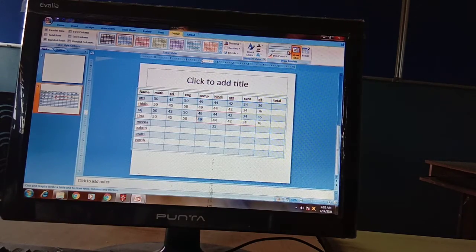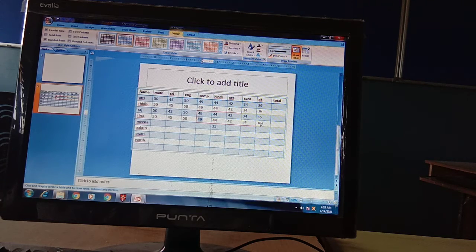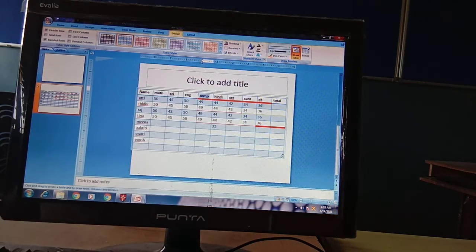And you can have different types of borders also. Like if you want a thick border, then you can choose this regular, and now you can have a thick border like this. See, so this is your size of pen color. When you increase your size, then your pen color will be converted to this.